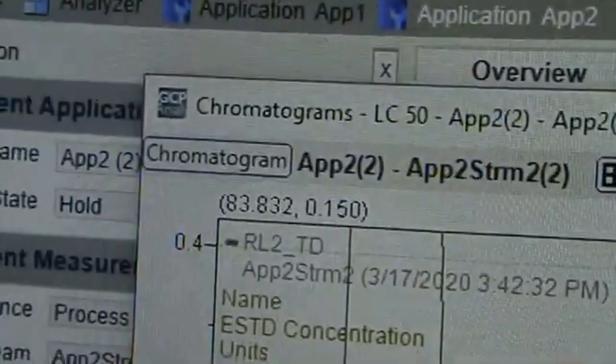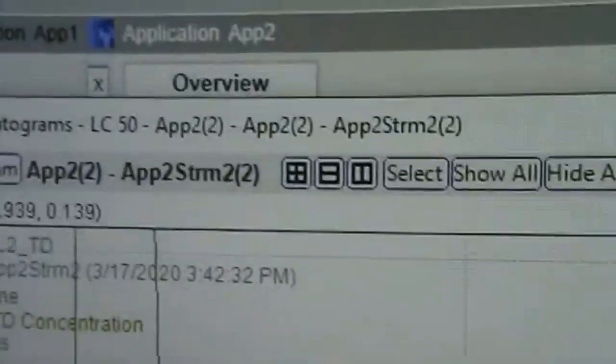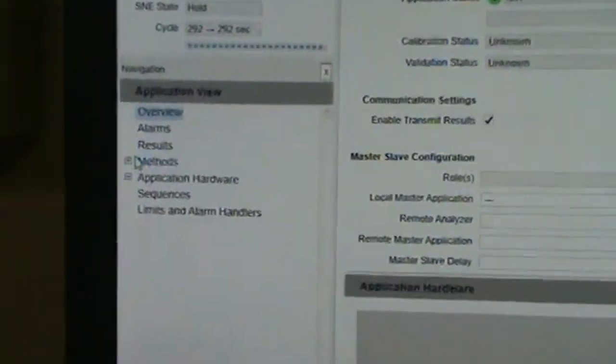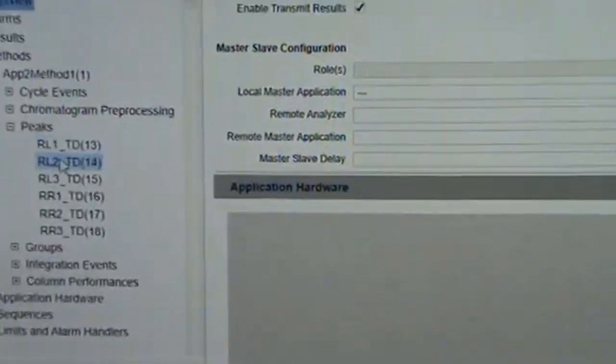So we're going to take our cursor, put it right over the middle of the peak, and we are looking for its retention time, which is right up here, and we're saying 83.8. And while we're doing it, let's look at you. 83.8 and 134. Methods, peaks, RL2,